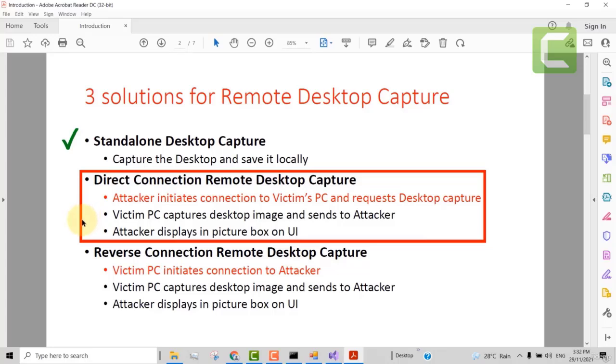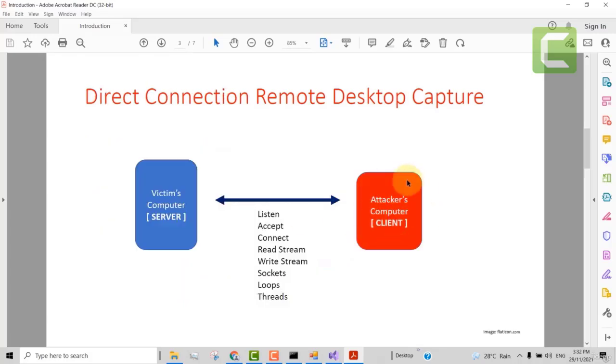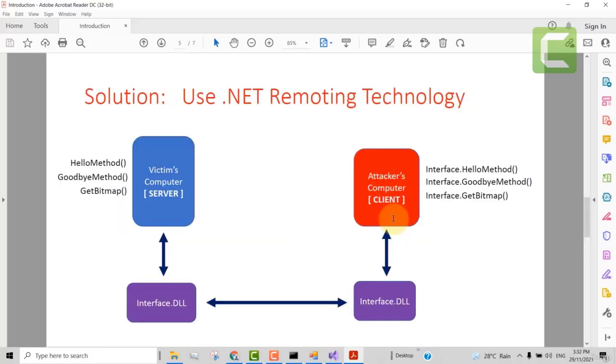In the next section, we are going to do the reverse connection. In the reverse connection, the server will be residing on the attacker computer, and it will be known as the command and control server. And the client will be residing on the victim's computer, known as the client RAT. And the client RAT will initiate the connection to the attacker machine. That is why it will be called